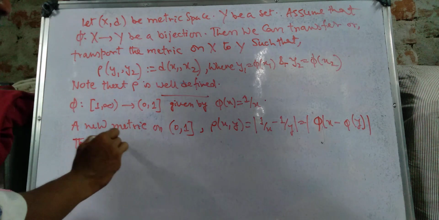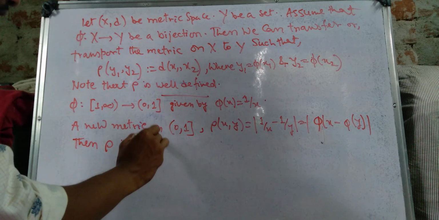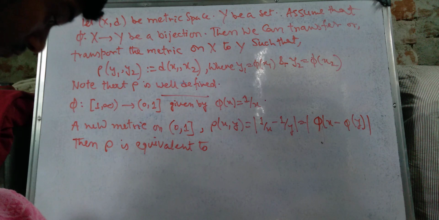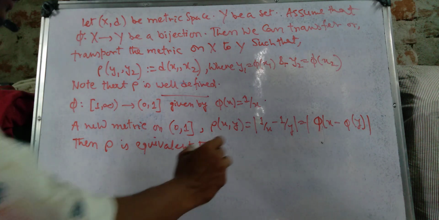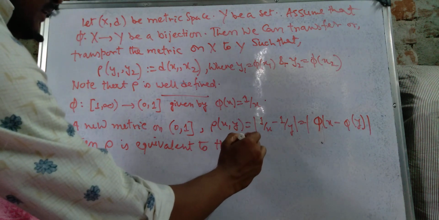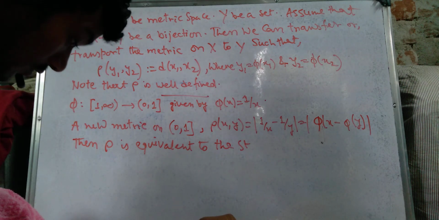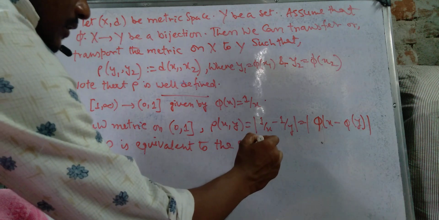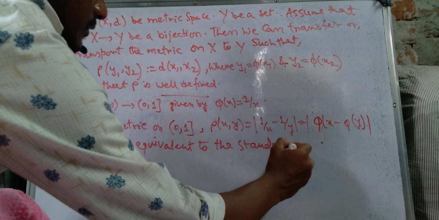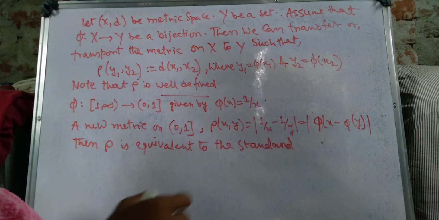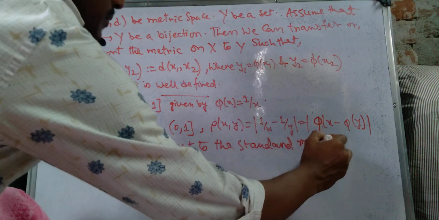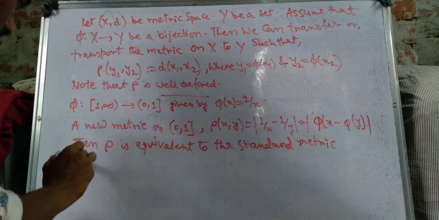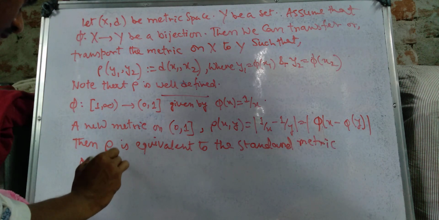Then rho is equivalent to the standard metric on (0, 1), the standard metric on (0, 1). Okay,